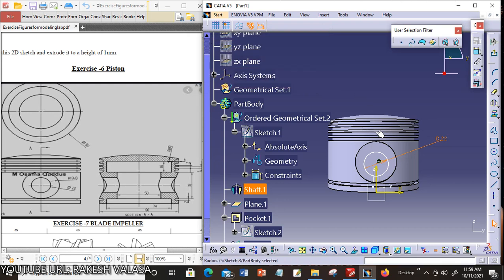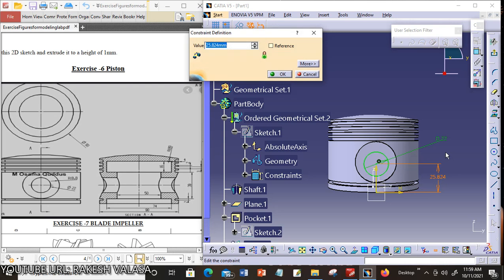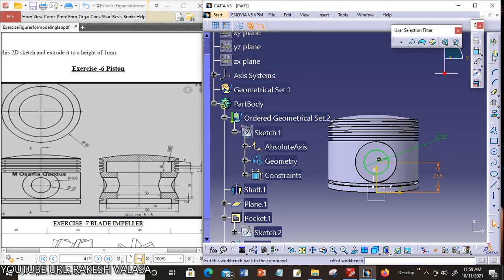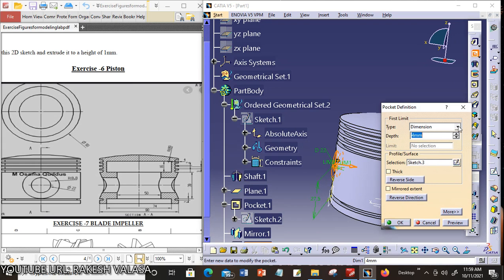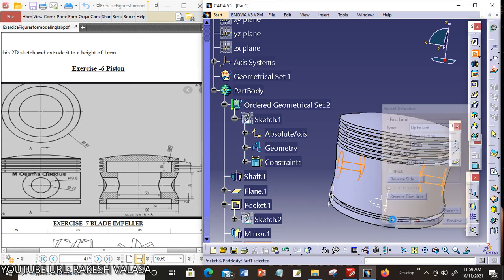Enter. Next, give the constraint, that is 27.5. Now exit from this workbench. Now apply the pocket. Here choose Up to Last. Now click on OK.